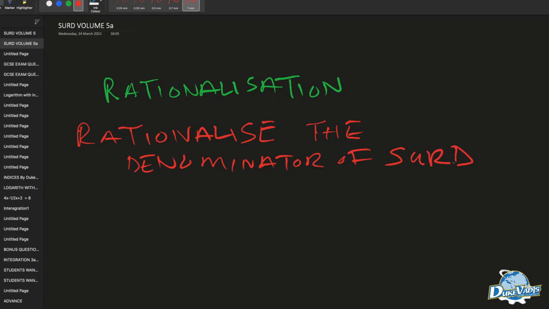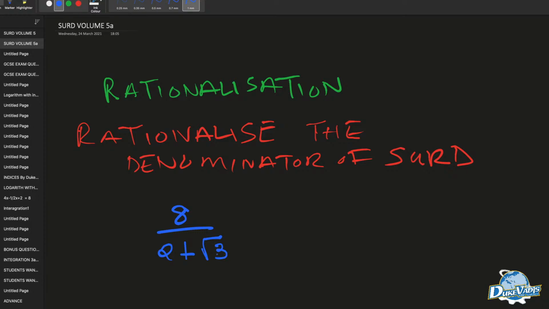So when we talk about rationalization, or rationalizing the denominator of a surd, what comes to mind? Well, as we saw earlier, if I have this expression, if I have 8 over 2 plus surd of 3,